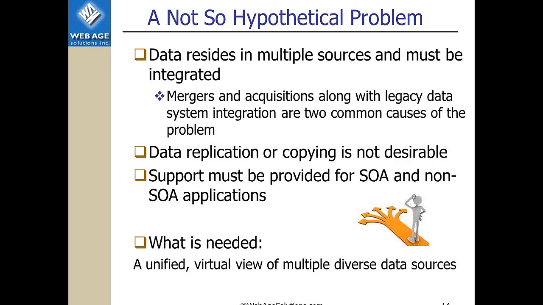Data replication has complexity, and sometimes it would require support from the vendors that you might have, like Oracle or IBM, for their DB2, for their products, based on their database products, like Oracle or DB2. And while those solutions exist, they might be pretty expensive. You also need to provide support for SOA and non-SOA applications.